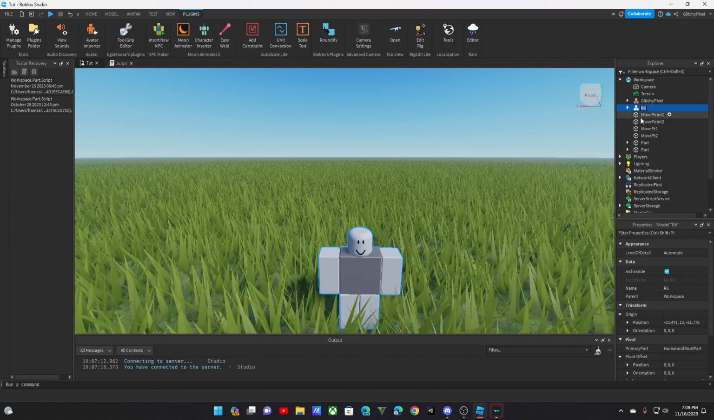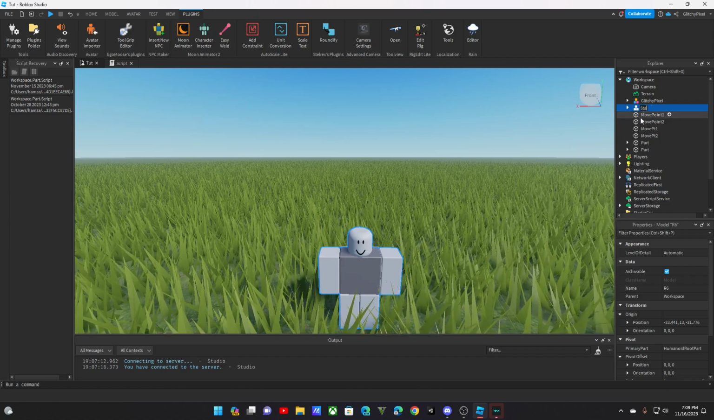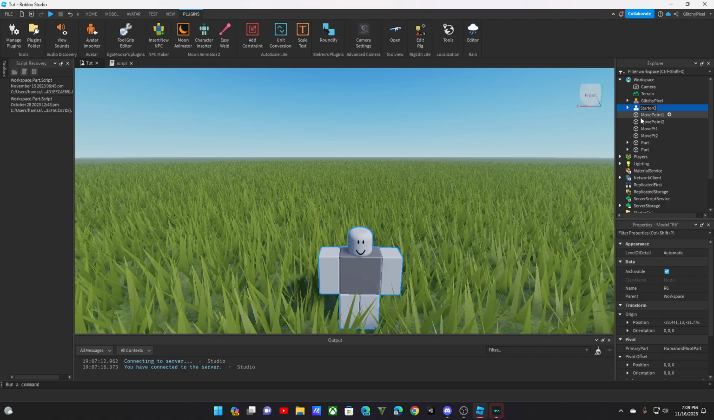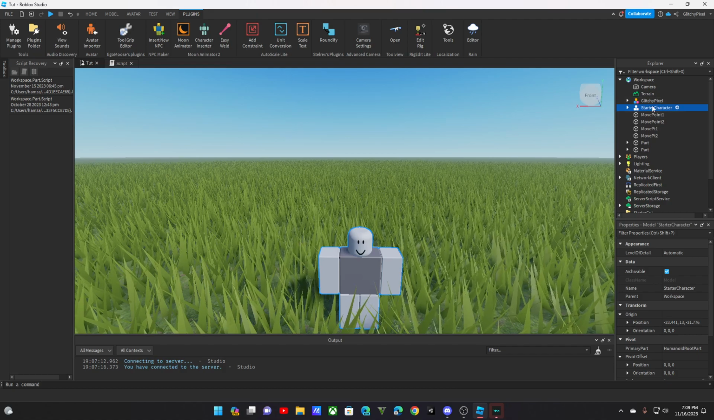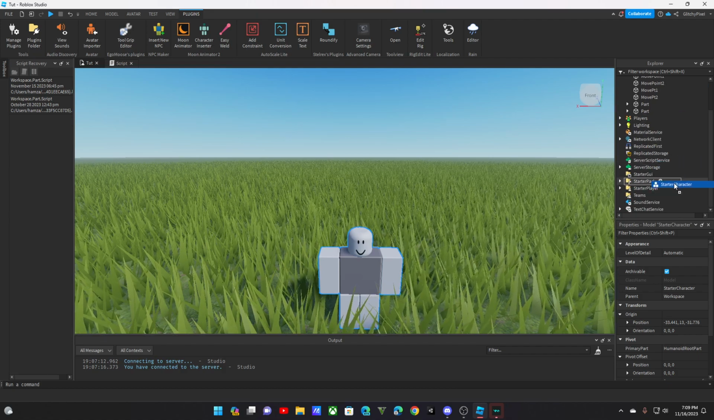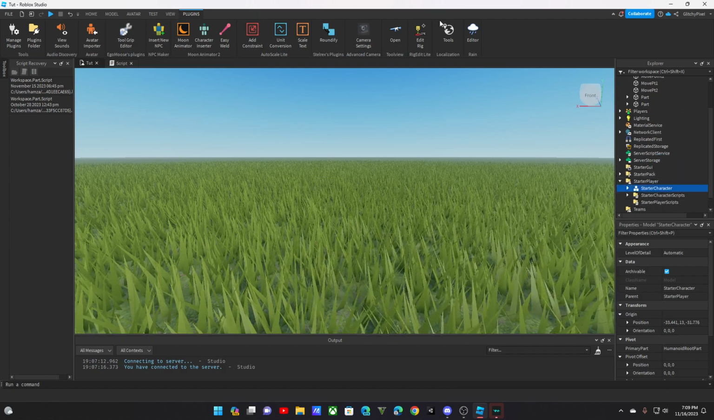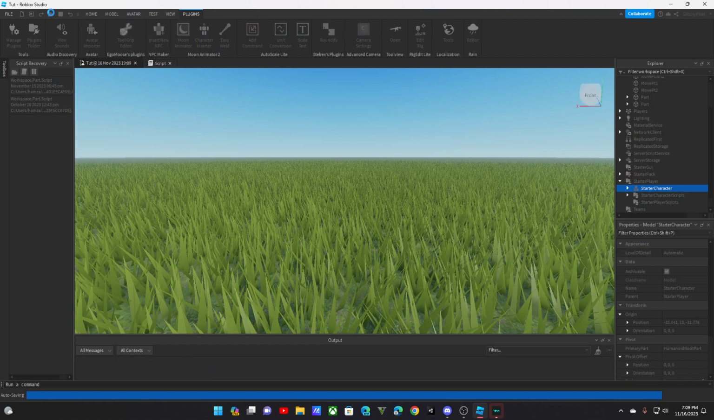character, any starter character, needs to be named StarterCharacter. This has to be named this or else it won't work. And then you're going to go down here, put it in the StarterPlayer. And when you click play,